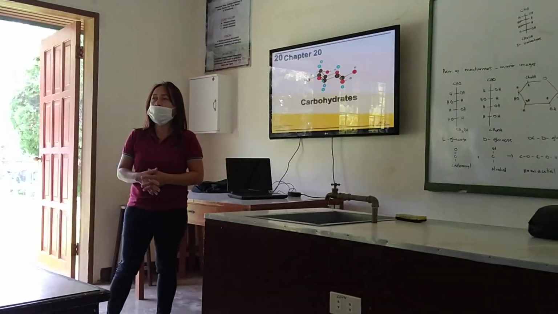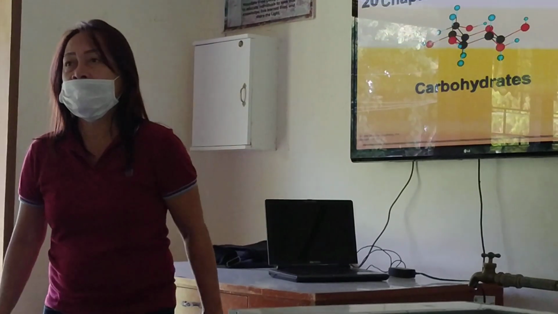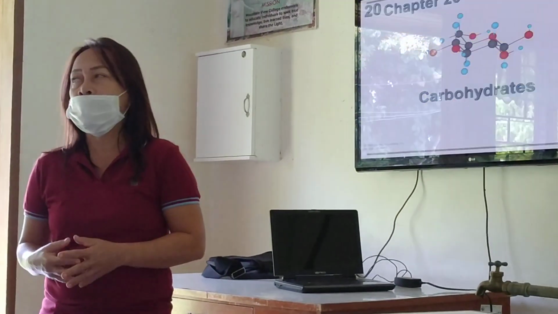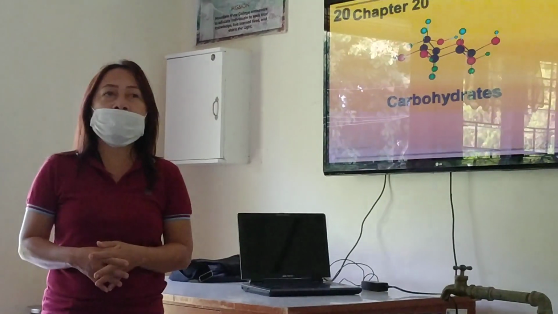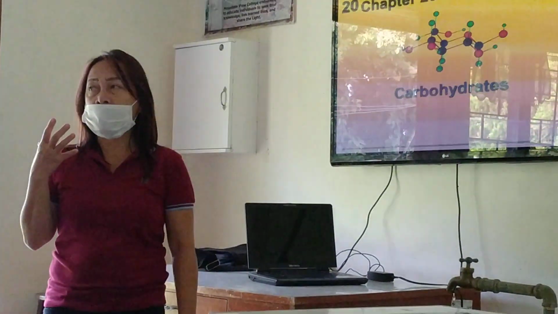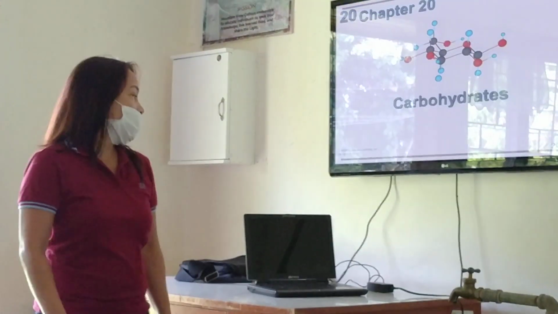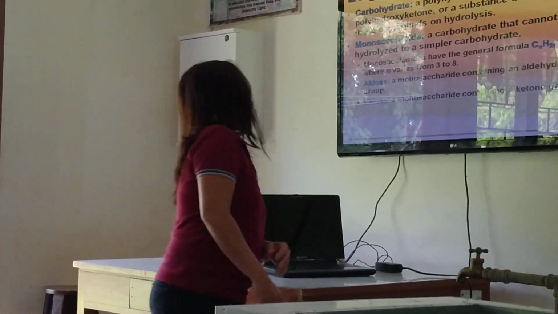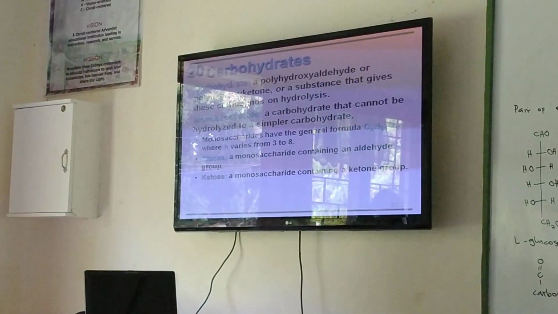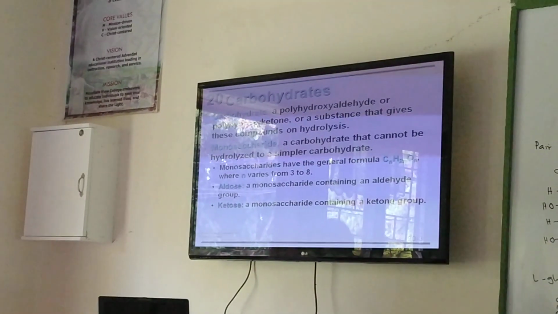Sources of energy. Though there are some other sources like lipids and proteins, of course the brain cells will make use of these carbohydrate sources. Now, carbohydrate is described as a